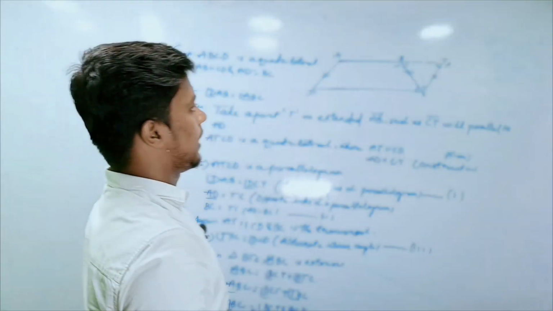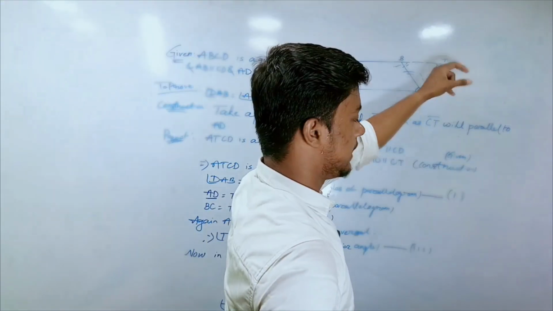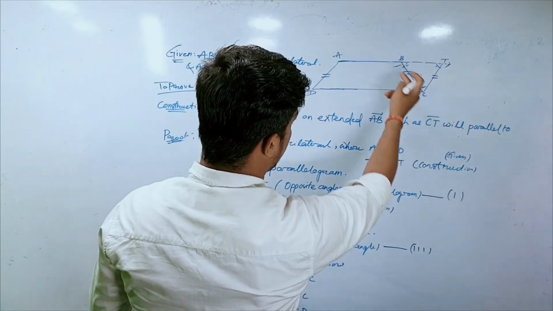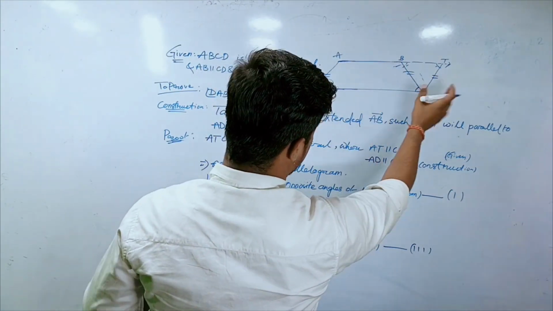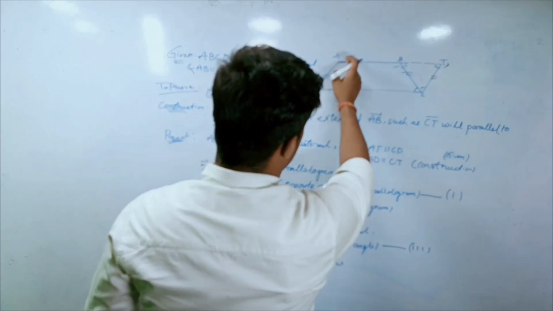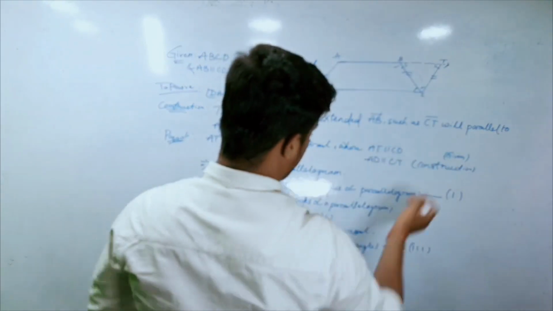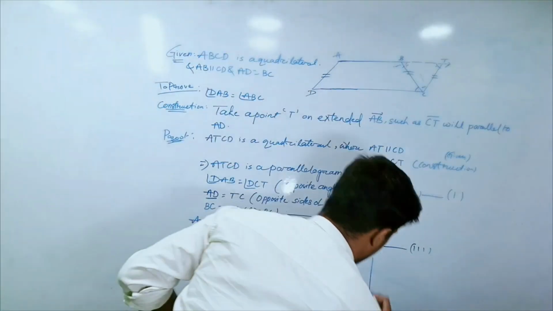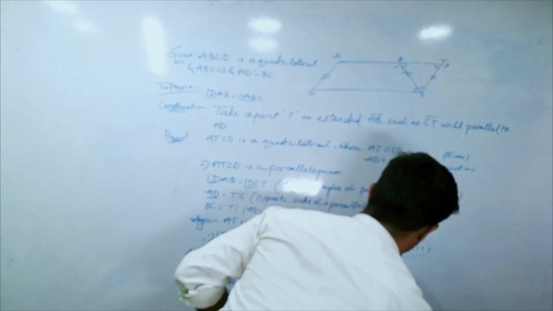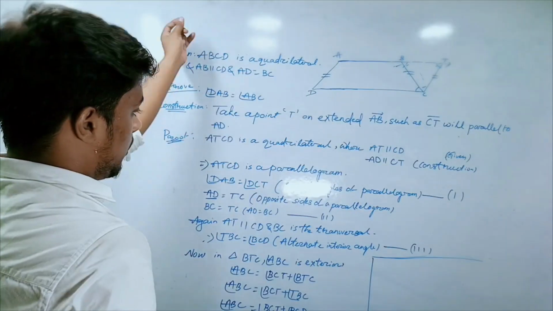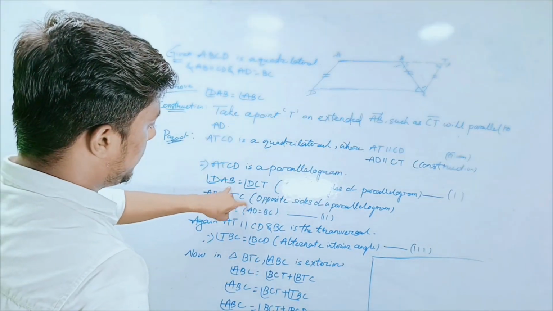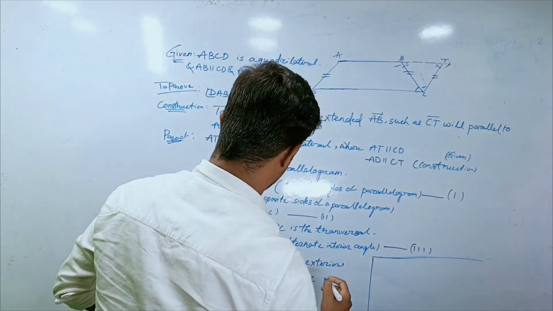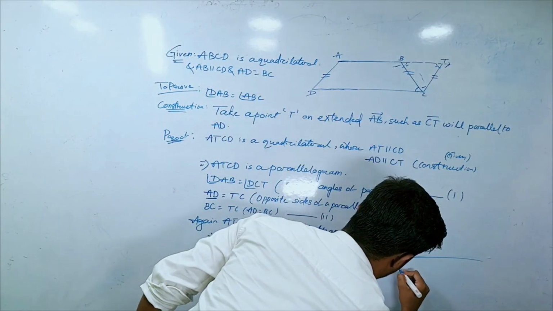So here you get that your ABC and DCT are equal. Again you know that DAB and DCT are already equal. So you can write DAB equal to ABC. For writing this, look here. In your equation 1, you know that DAB equal to DCT. So write here, from equation 1,